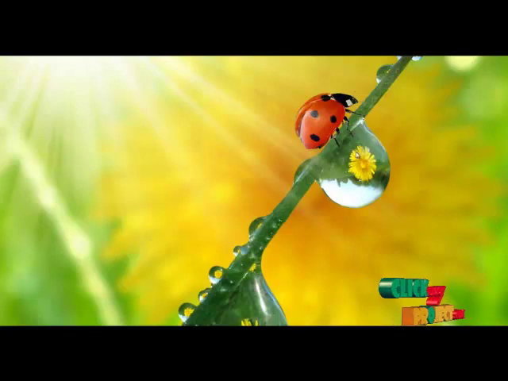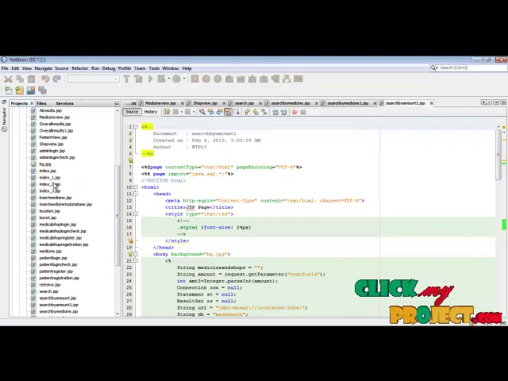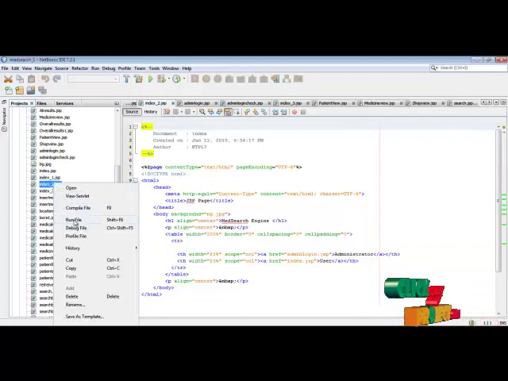Let us see the demo of our process. Just enter into NetBeans and run index2.jsp.